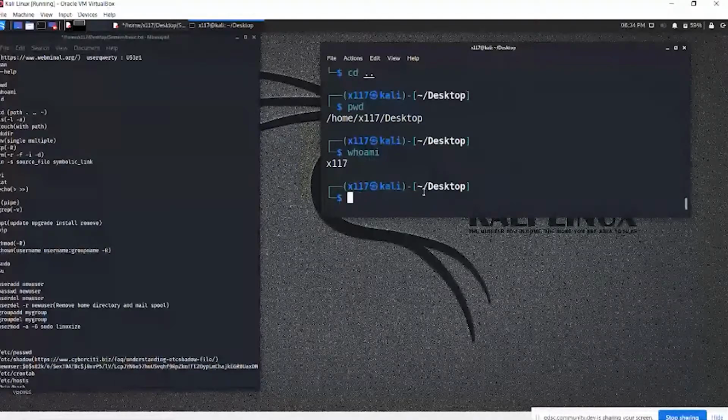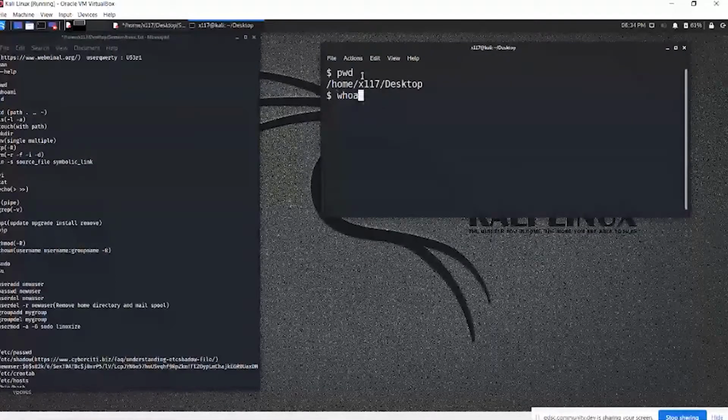So suppose you have a shell like this. In this case, you don't have any of the information that you had earlier. So now you don't know the present working directory. You'll have to print it, and if you want to know who you are, since it's a non-TTY shell, you'll have to run whoami. And also there is the id command,